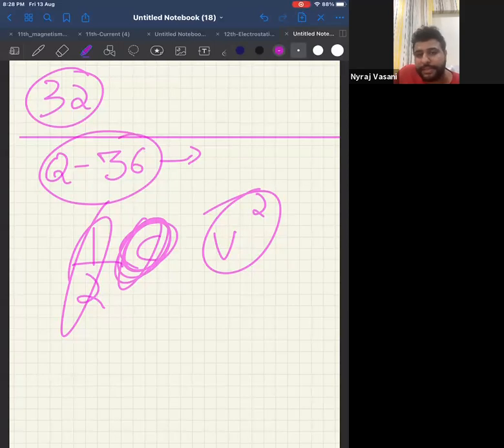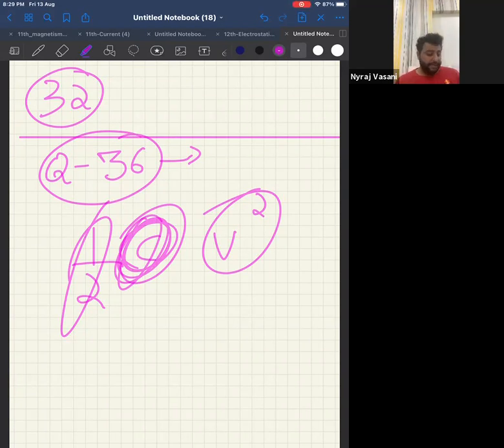But can I say capacitors is exactly opposite to that of resistance? Listen to me, you will get maximum capacitance when all are connected in parallel. And you will get minimum capacitance when all are connected in series. Any other combination, which is series plus parallel, will be between these two. Therefore, when do I get maximum capacitance? When they are in parallel. So since I get maximum capacitance, I can say I can get maximum energy also. Therefore, which combination will give me that? Answer is C, all three in parallel.